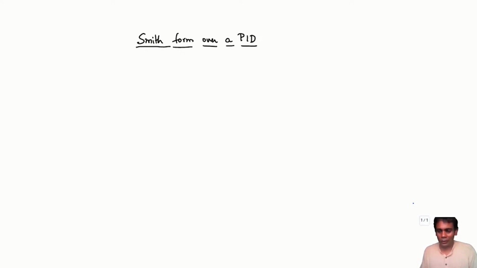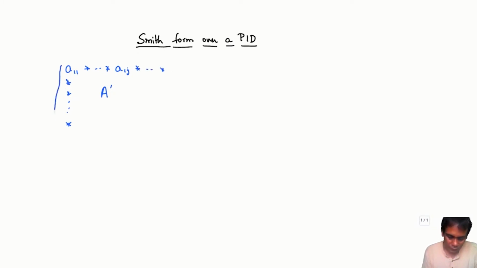So if you recall the algorithm, one of the steps was that you had a matrix and we were trying to clear out the entries of the first row and first column. So we had this matrix like this, and then the first row and first column had some entries, and for the moment let's just focus on trying to clear out the first row. Say there's some entry here A1j in the first row and jth column that we want to clear out. And so when we were in the Euclidean domain, we were looking at the case of trying to clear out A1j using A11, and failing which we would somehow try to reduce the size of A11.